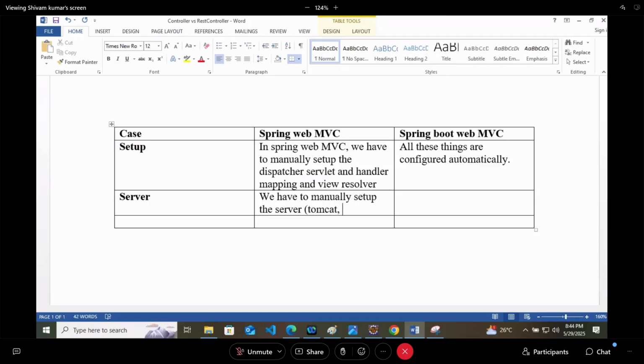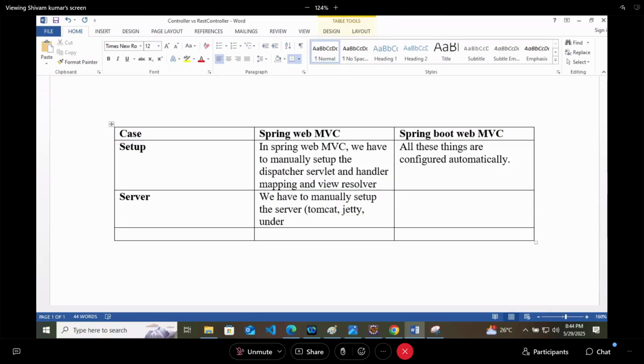Glassfish. Yeah, correct. Jetty is there. Undertow is there. Glassfish is there. A lot are there. But Tomcat is highly used. Eureka is a cloud server. Apache, WebLogic, all these are providers.